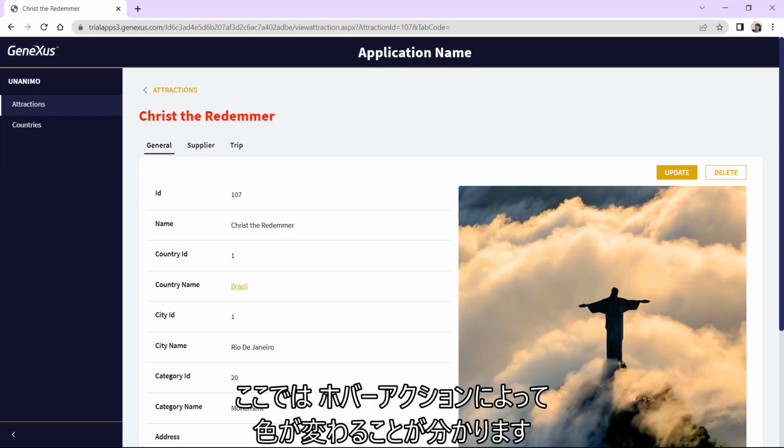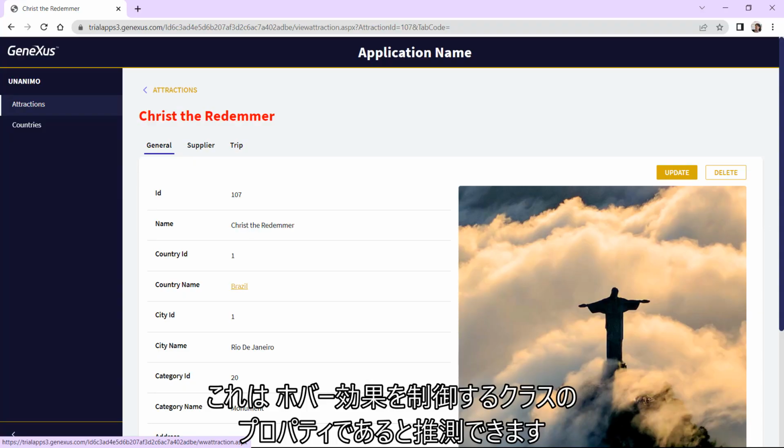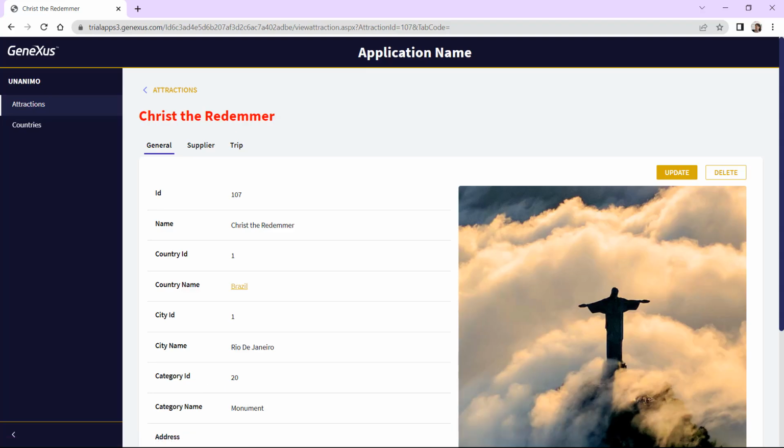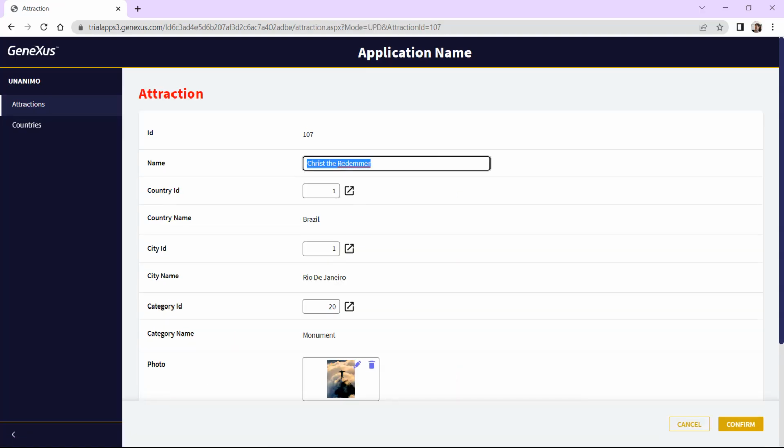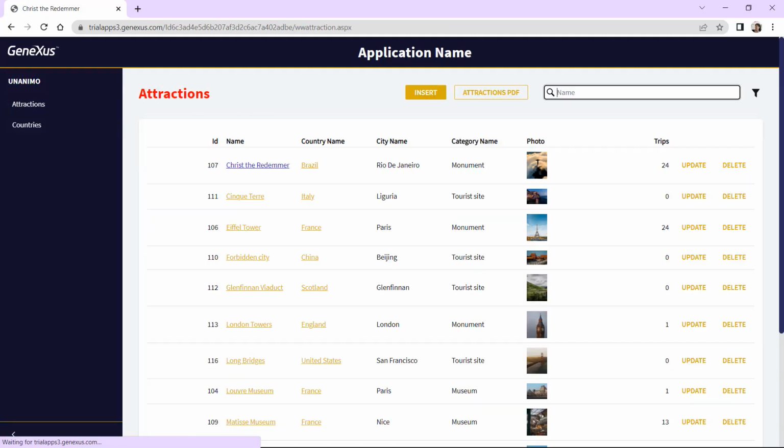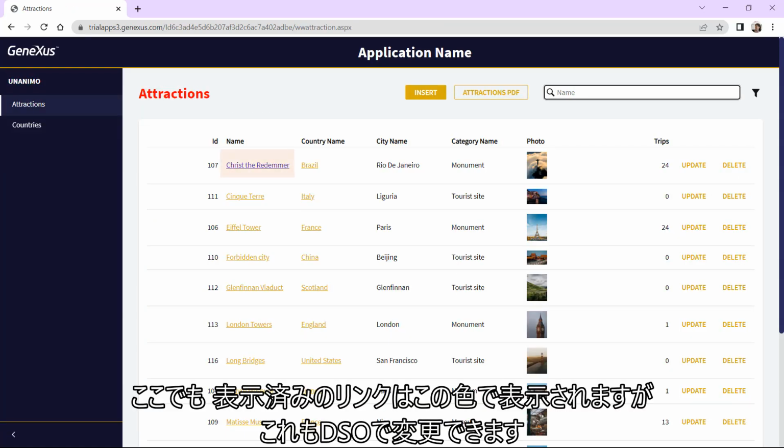Here we can see that the hover action changes the color, and we can assume that this will be a property of the class that controls the hover effect. The same goes for the buttons. Even here, the visited link is shown in this color, something that we can also change in the DSO.